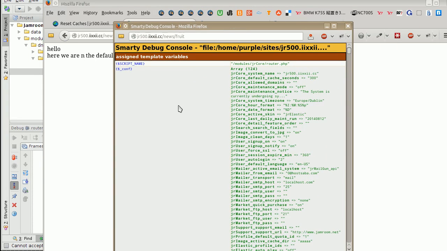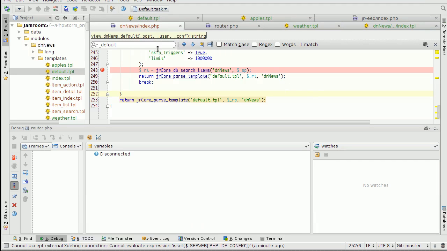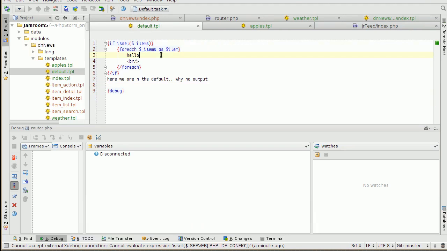So we've got one in there for fruit now. Hit fruit there, and we've got hello comes out there once. I've also got a debug in there. So if we come into our debugger and look for items, we've got one array in there. So our array is looping over this, and these are the items we can use. Category equals fruit, pending, and the title of the item. So if we output some of those into the default template,